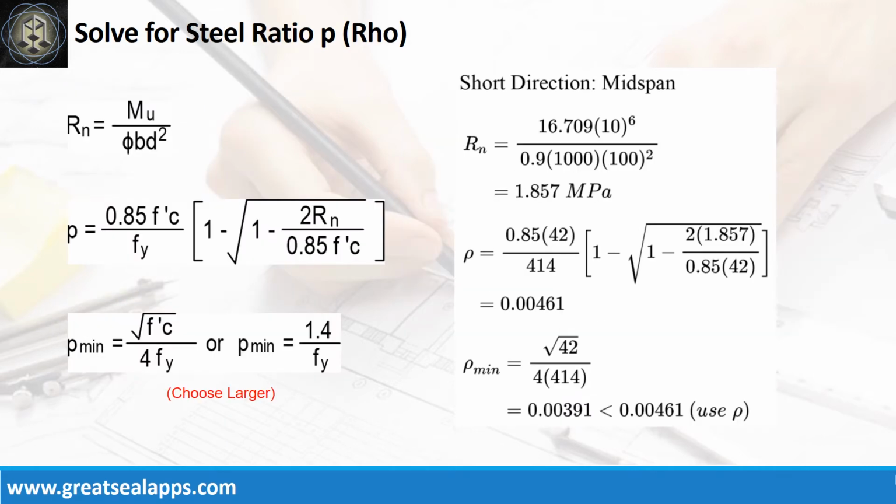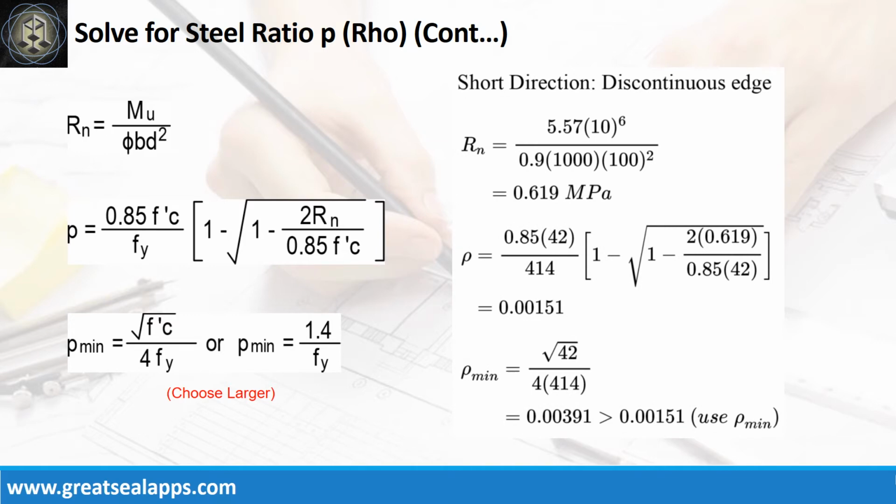Given short direction, midspan moment equals 16.709 kN-meter, resistance factor equals 0.9, B equals 1000 mm, and D equals 100 mm. The beam design ratio Rn equals 1.857 MPa, and reinforcement ratio Rho equals 0.00461. Given short direction, discontinuous edge moment equals 5.57 kN-meter, resistance factor equals 0.9, B equals 1000 mm, and D equals 100 mm. The beam design ratio Rn equals 0.619 MPa, and reinforcement ratio Rho equals 0.00151. Use Rho minimum of